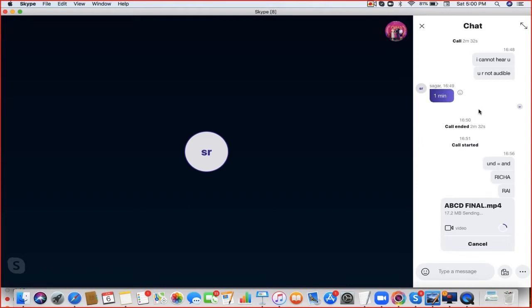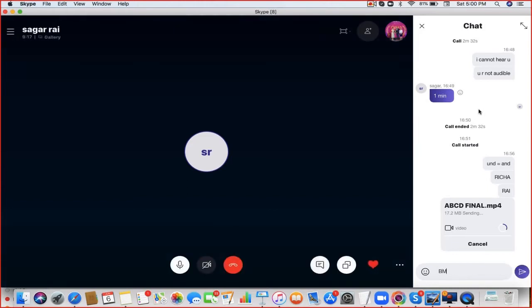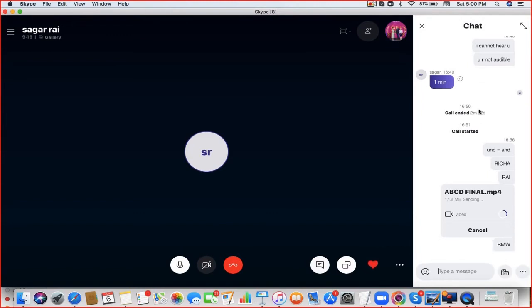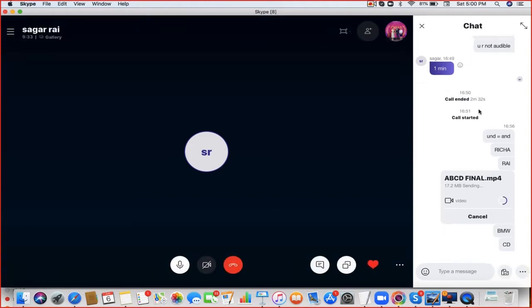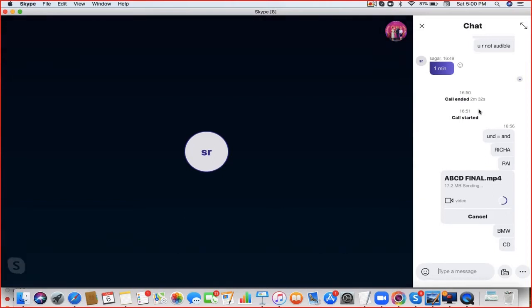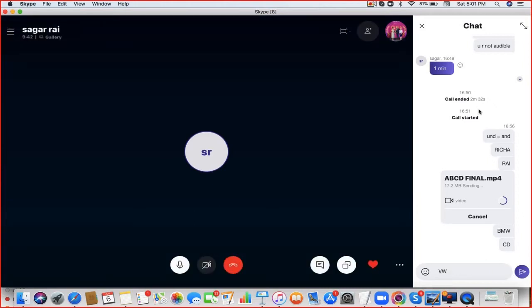So you should know that German ABCD. Second usage of this is whenever you have a capital letter in front of you. Example, if I say, let's say BMW. Now BMW is a German company. So you will not say BMW the English way, you will say it with German letter names. ABCD wala BMW. Clear? If I say CD, the compact disc, computer CD, you will not say CD the English way, you will say it the German way. ABCD, CD.